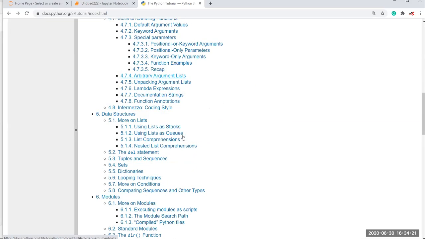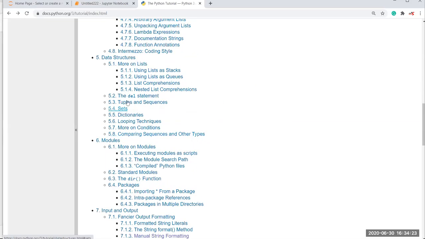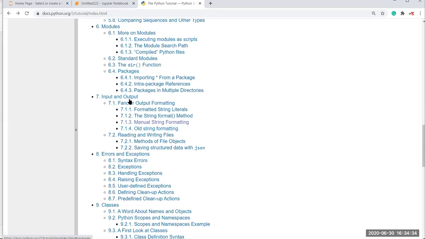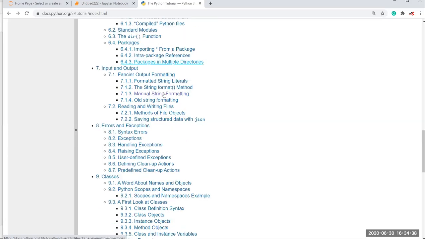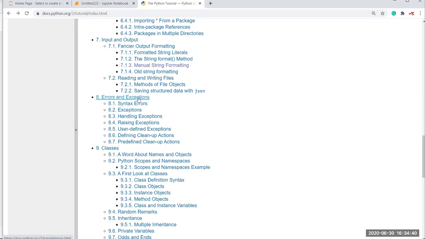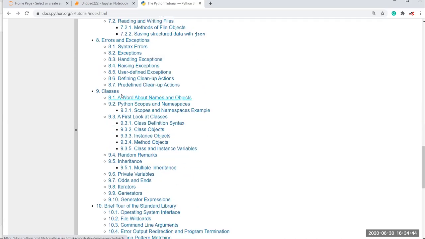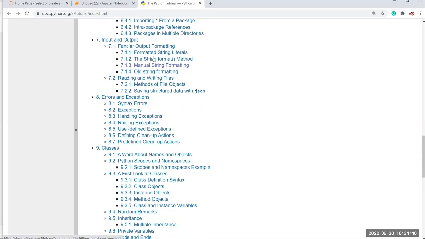Then here these are the data structures: lists, tuples and sequences, sets, dictionaries, loop techniques, and so on. There are also functions and packages, how to import your package, and errors and exception handling, which we will see in our upcoming classes, and classes also.